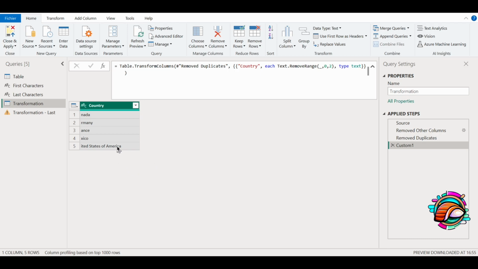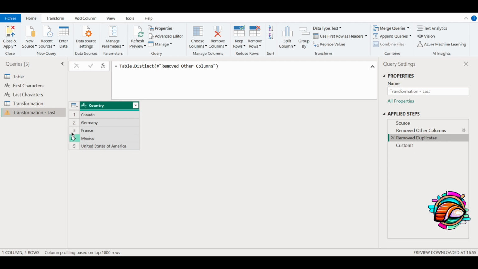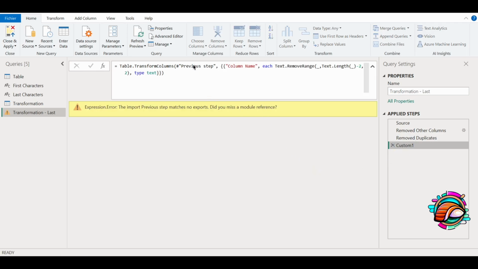And similarly, we can apply this formula to remove the last 2 characters for all the values in a given column. So we can see how to do this. If I go back here, I have the list of countries, and basically again the same approach. So we take the previous step, okay, and then for each value of the Country column,